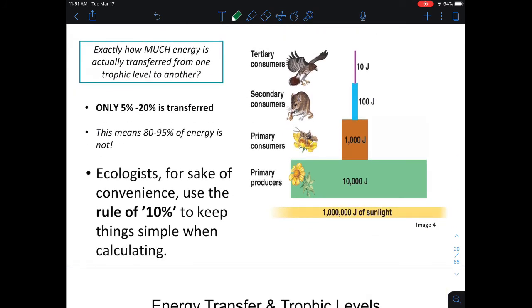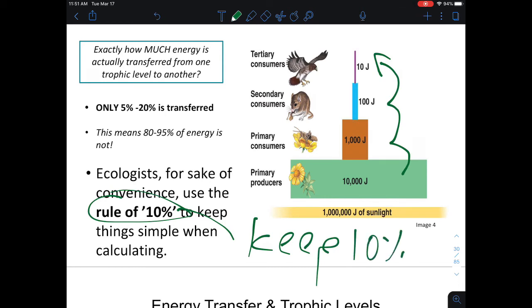We can follow a rule. This rule is called the rule of 10%. And that means that as we go from one trophic level to the next, so as we're going up the trophic levels, we only get to keep 10% of the energy that was in the level below. Of course, it's not really 10% every time. That range is even greater than 5 to 20, but usually within 5 to 20, and actually usually pretty close to 10. 10% of the energy available in the previous trophic level is available for the next trophic level. So as we go up and up these trophic levels, the amount of energy is decreasing quickly.